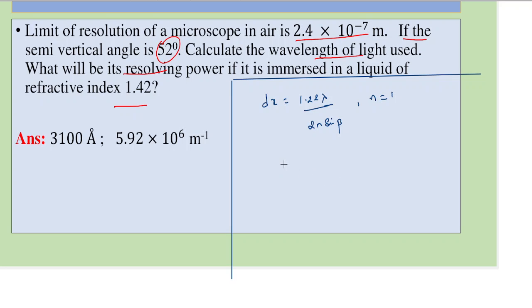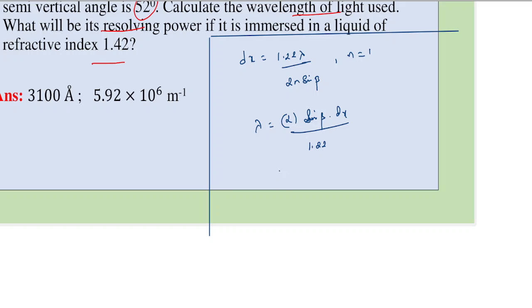Therefore, from here, by cross multiplying, we can say lambda is equal to 2 into sine beta into dx by 1.22,